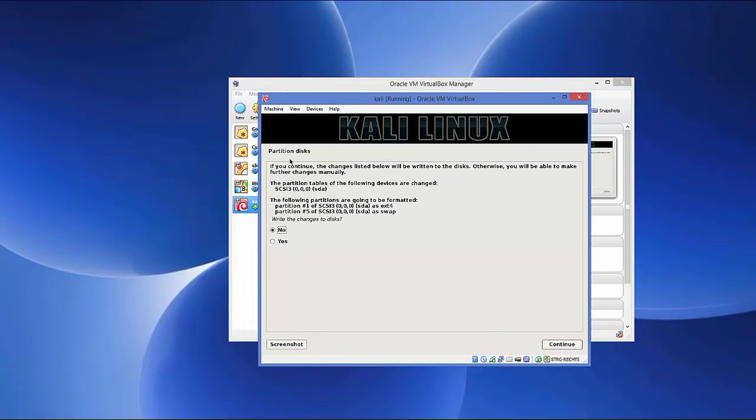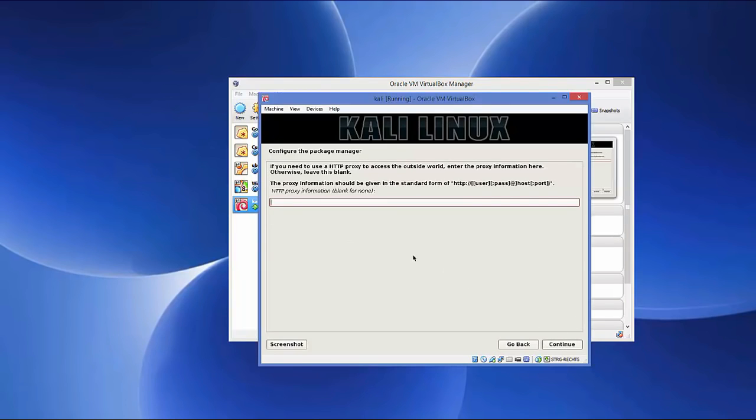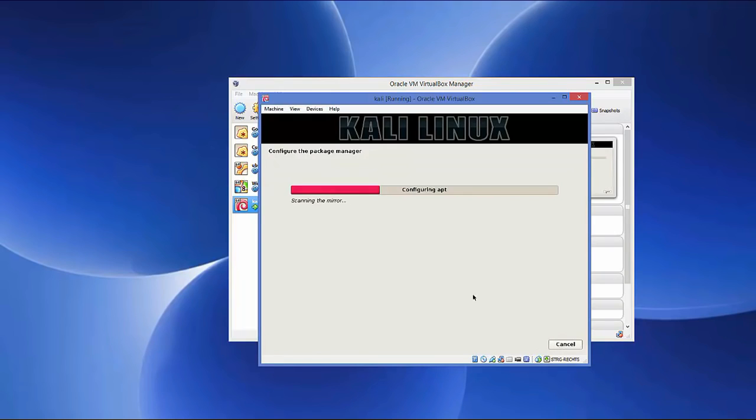And now you are asked to write the changes to disk. Yes, we want to change the disk, so we will choose the yes option here and then click continue. Now in the next step you are asked whether to use a network mirror, and you just need to choose the default option, which is yes here, and then click continue. And in here just leave it blank and click continue, and just wait for the progress bar to reach 100%